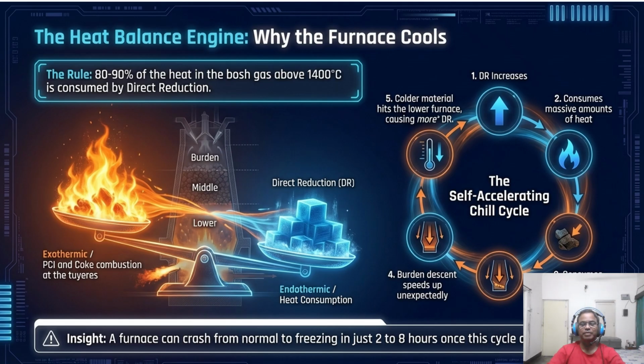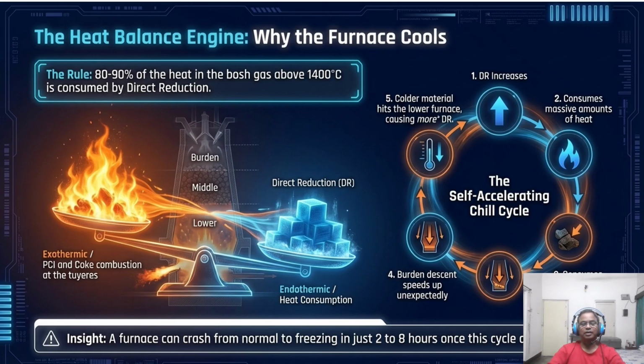So let's look at the heat balance engine. This is critical. The rule is that 80 to 90% of the heat in the Bosh gas is consumed by direct reduction. If we lose efficiency, we enter the self-accelerating chill cycle shown in the circular diagram on the right. It starts with the DR increasing, which consumes a massive amount of heat. This makes the material colder, which causes even more direct reduction. This cycle can cause a furnace to crash from normal to freezing in just 2 to 8 hours. Once it accelerates,